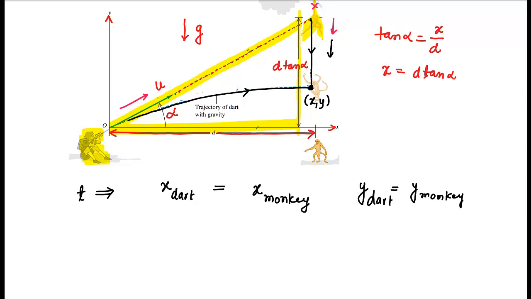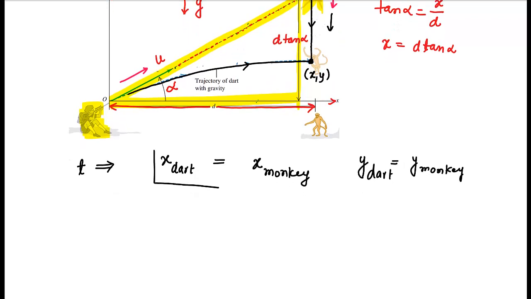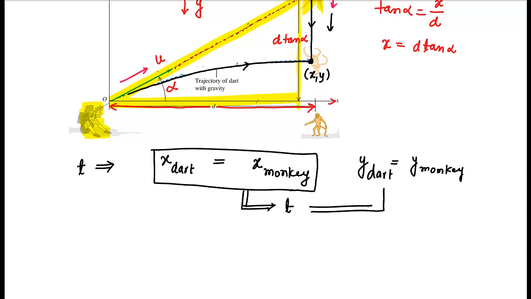So what I will do is, I will first consider x coordinates are equal, and from there I will calculate time. So from this I will calculate time, and once I know the time, I will put this time and check whether y coordinates are equal or not. If this is equal, this means the dart is going to hit the monkey. So let us try to find x coordinate of dart,